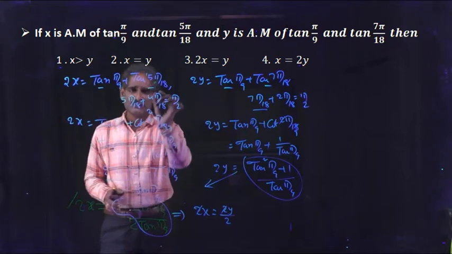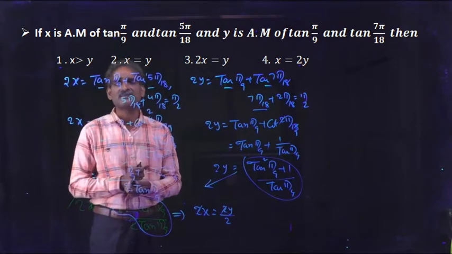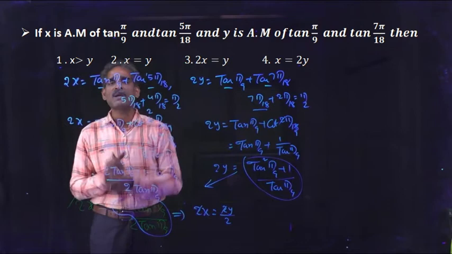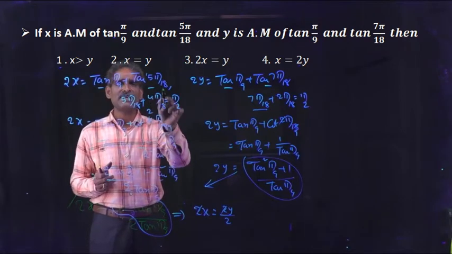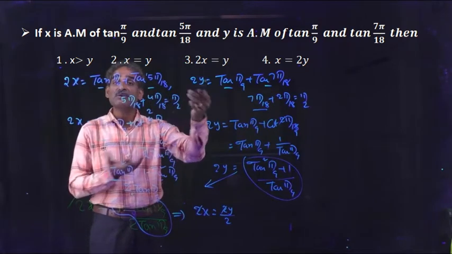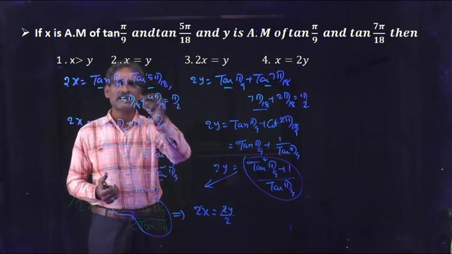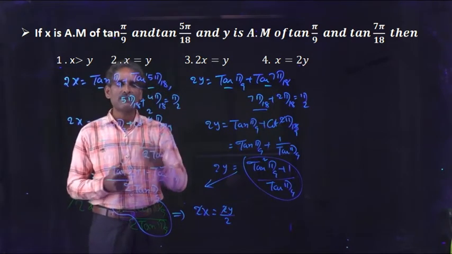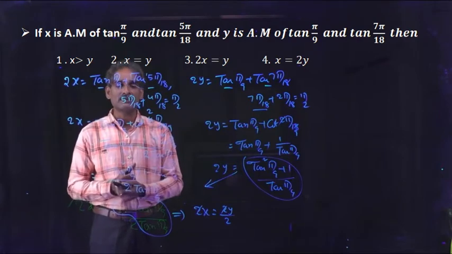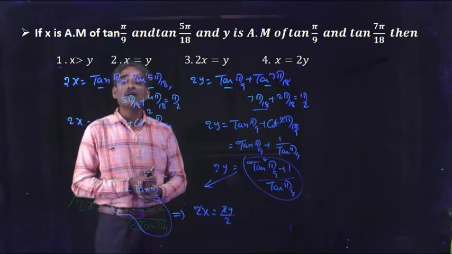Understand? Here, just to verify the angles, how can you convert into pi by 9? Simply 5 pi by 18 plus 4 pi by 18 gives 90. So with respect to this relation, we can write this is equal to 2 pi by 18, that means pi by 9. 4 pi by 18, that is equal to cot 2 pi by 9.